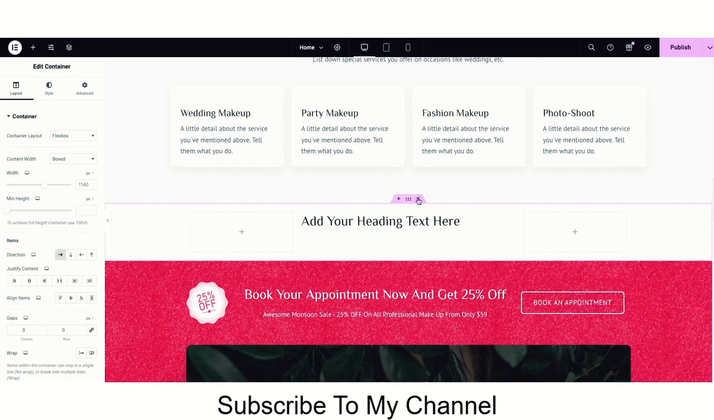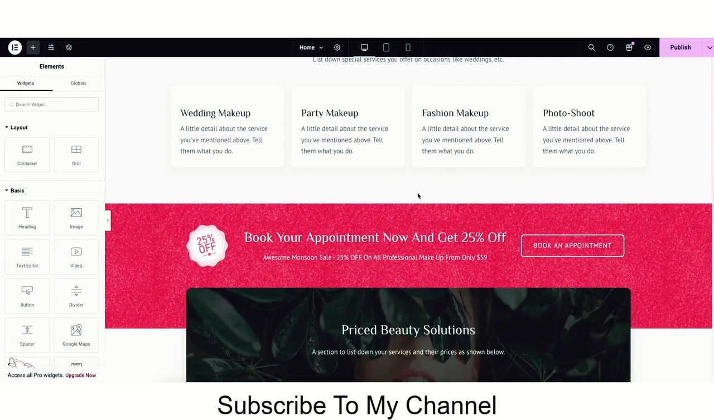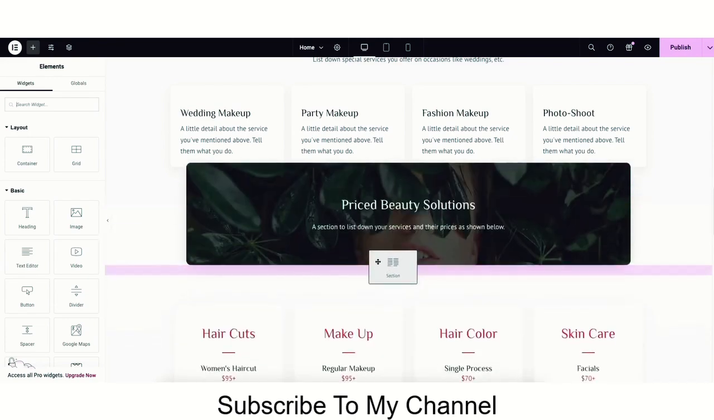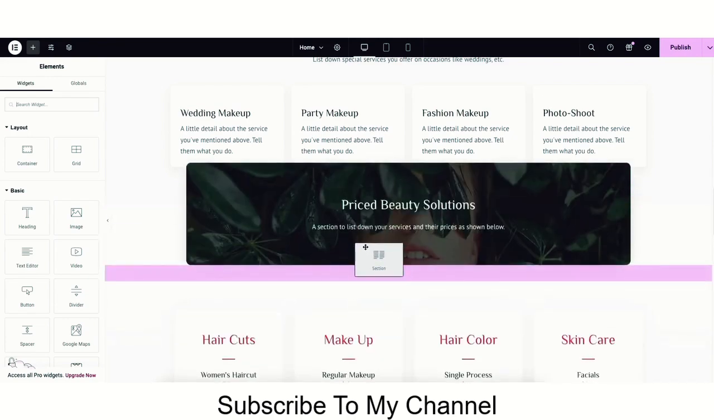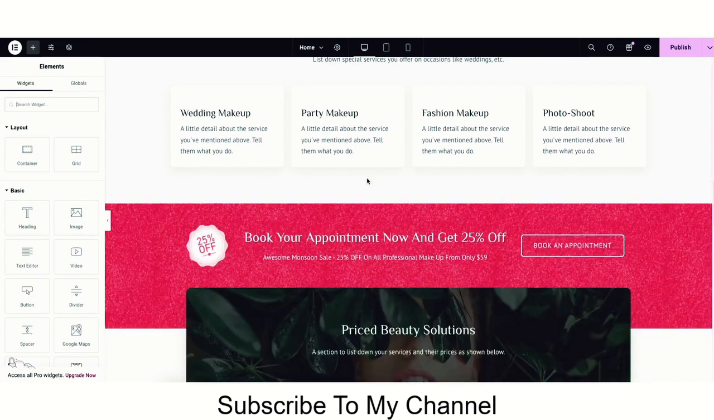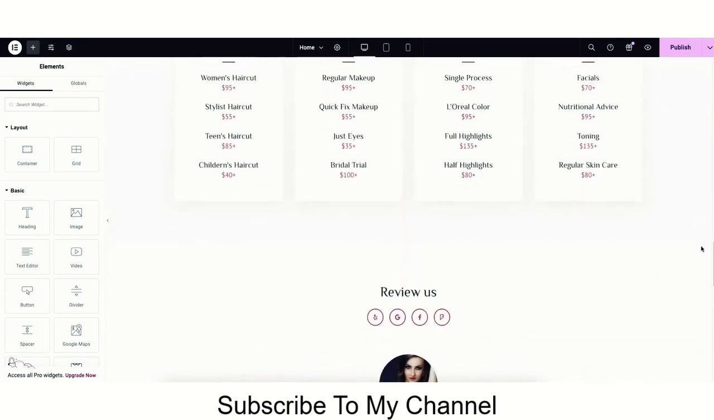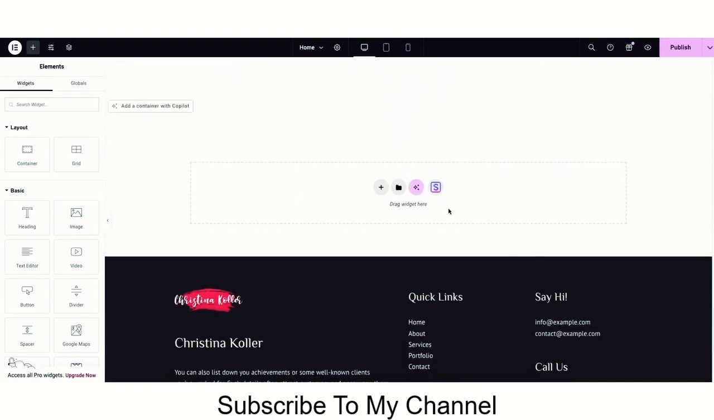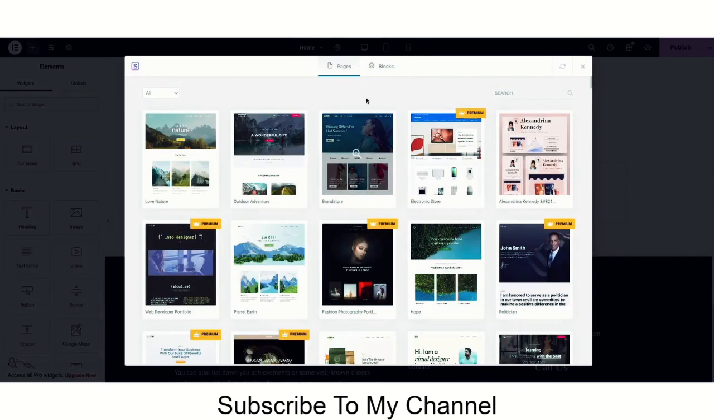If you click the X button, it will completely remove the section from the page. If you click into a section, click the middle icon with the dots. You can drag it up or down to move that section to somewhere else on the page. If you scroll down to the Drag Widget Here section, if you click the Starter Templates icon, you can click